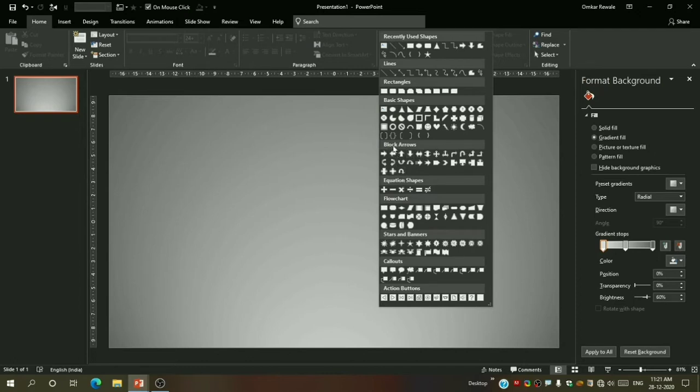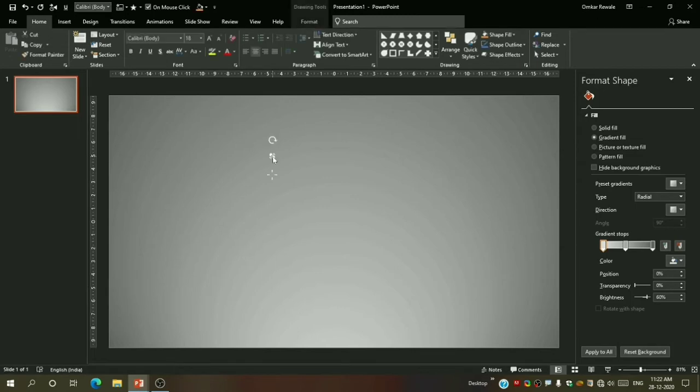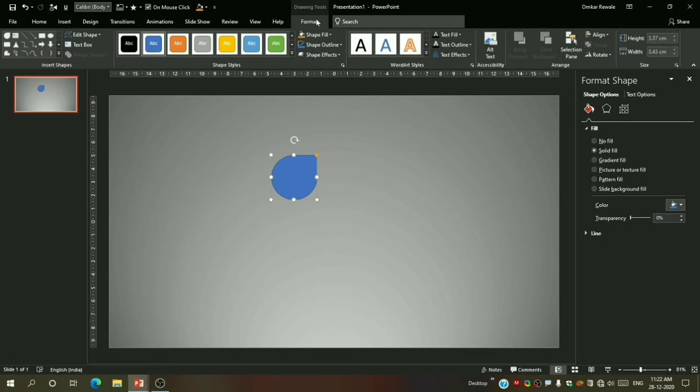In the shapes we will go to basic shapes and select this shape, which is known as teardrop. Now go to the Format tab. We will make its height 3.6 and width 4.3.